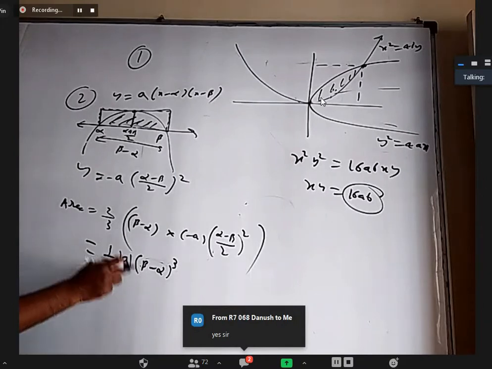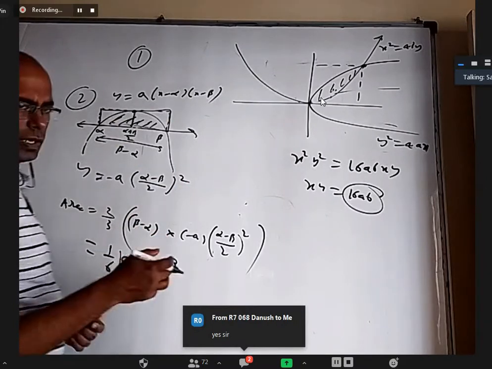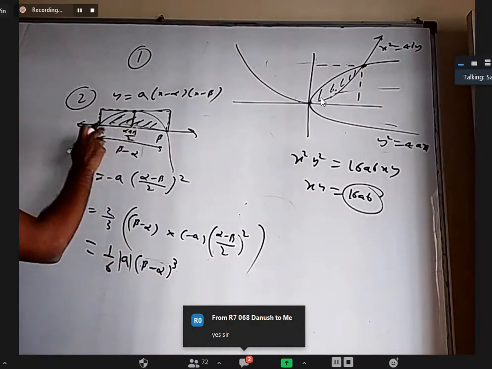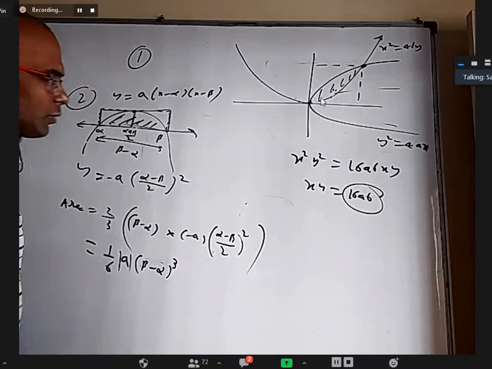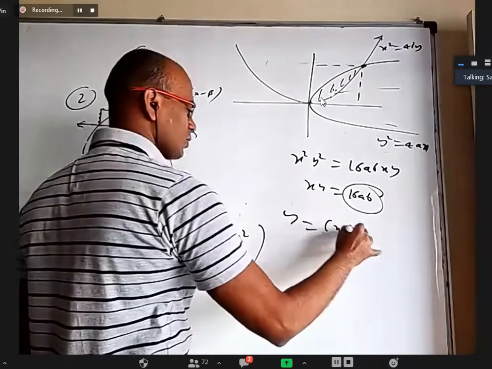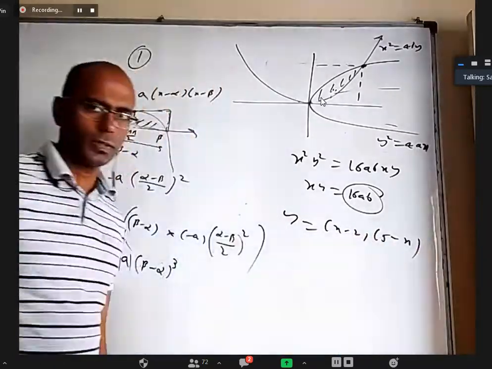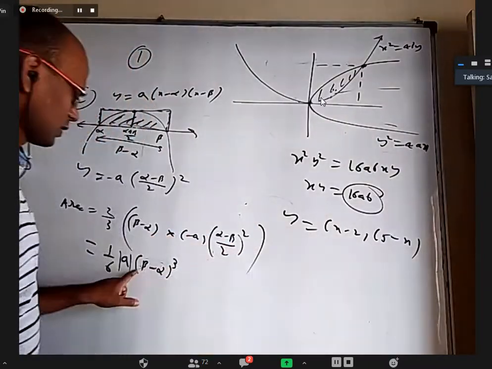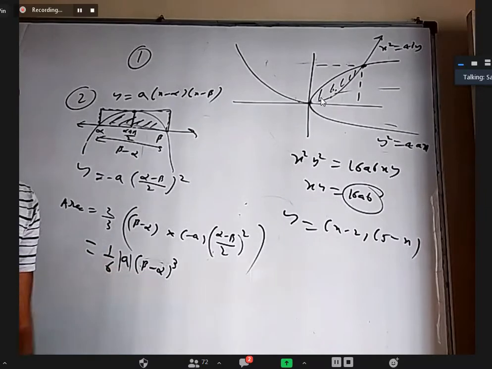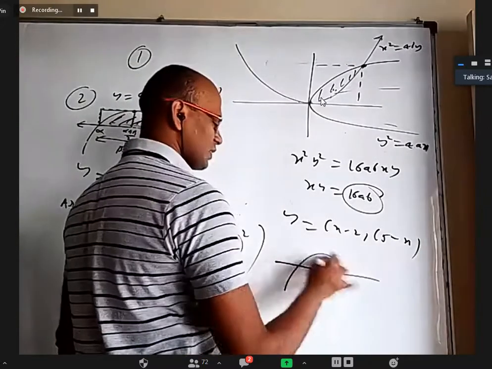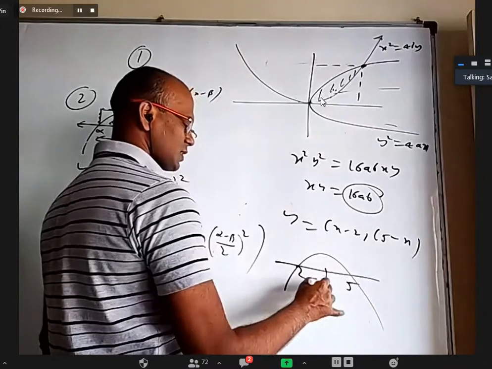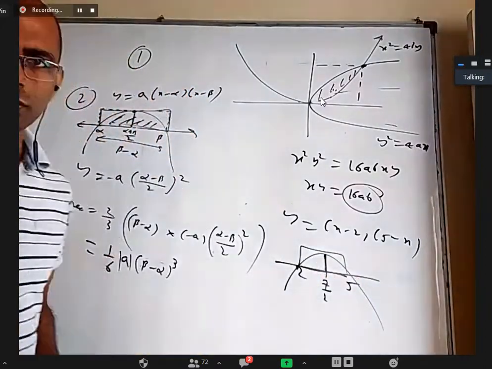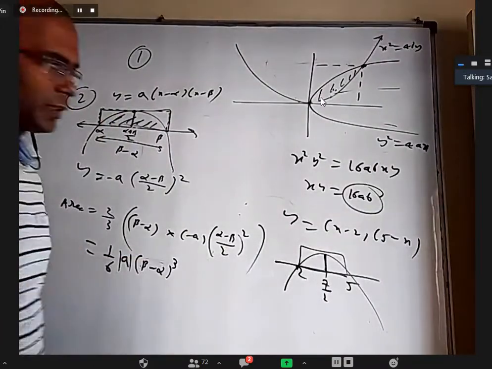Okay. Now there is another formula. I prefer this method, remember the method, not the answer. Every time you can do these calculations of finding this length. For example, they'll give y equal to x minus 2 into 5 minus x. I'm not saying you remember this formula. If you remember, it's okay. 5 minus 2 is 3, cube, and 1/6. Even if you don't remember, you know its graph is like this. This is 2, this is 5, this is 7/2. Find this height. Width into height, 2/3 of that rectangle. You can do either way. Remember the formula, remember the method.